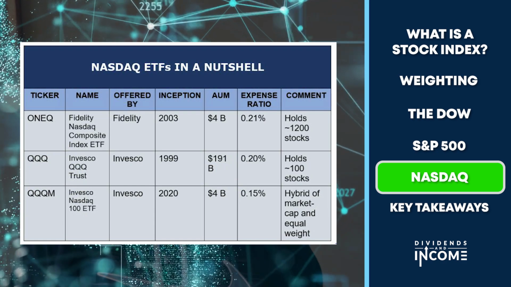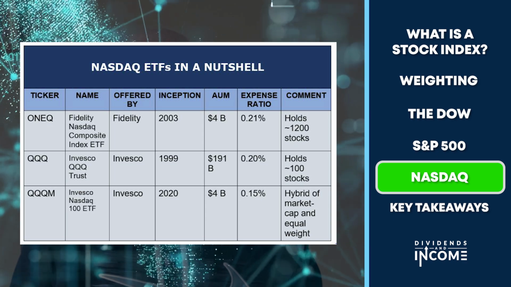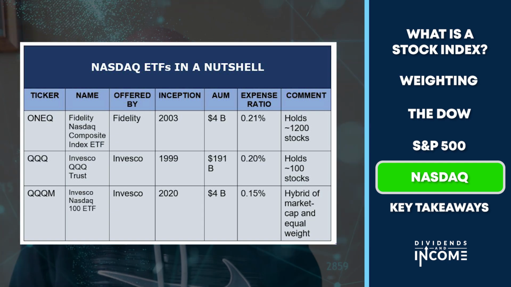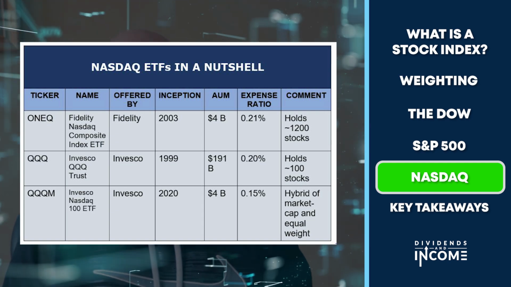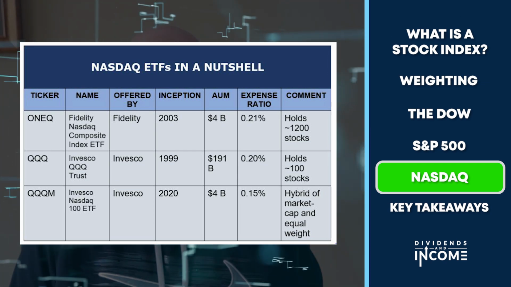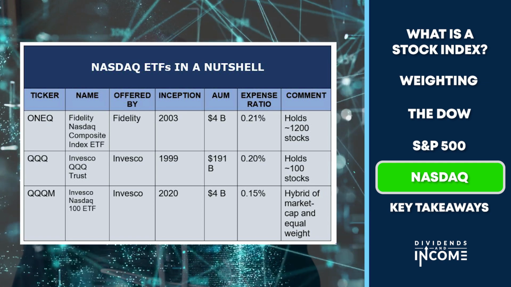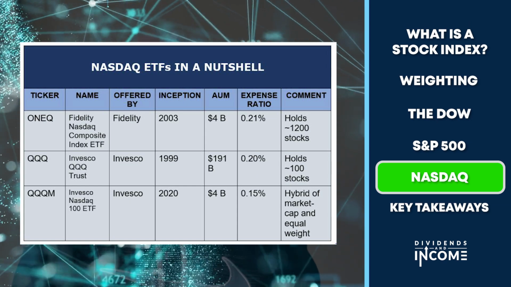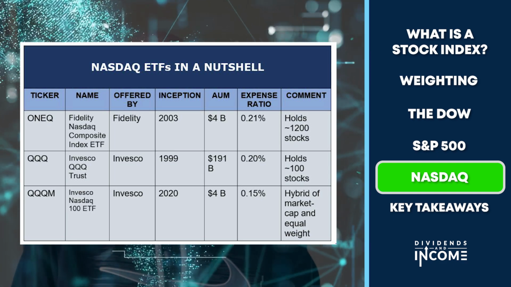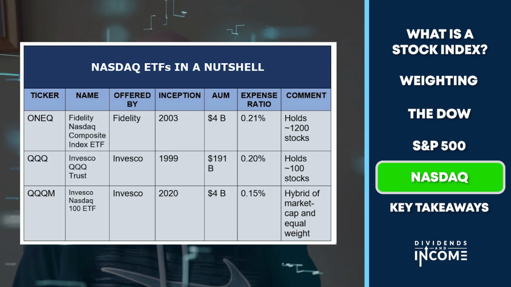Okay, on this slide, I want to draw your attention to 3 prominent indexes that are involved with the NASDAQ. The first one, the ticker symbol is ONEQ. It's Fidelity's NASDAQ tracking index. It was introduced in 2003. It's only attracted $4 billion in investment dollars. It has a high expense ratio as these things go at 0.21, and it holds about 1,200 stocks. We said that the composite holds 3,000, so clearly they're using a sampling method to try and replicate the performance of the entire index by focusing on a sample of its stocks, which would be the largest ones for the most part.